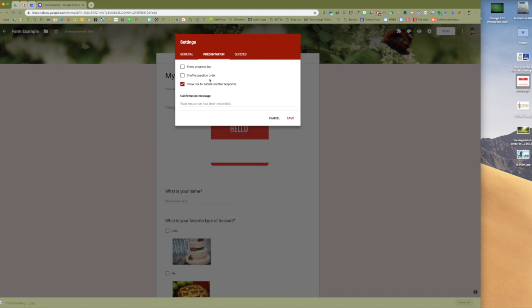This can be pretty powerful if you have students and you don't want all the questions to show up in the same order, perhaps randomize them so you can shuffle them. You can check that off. And then